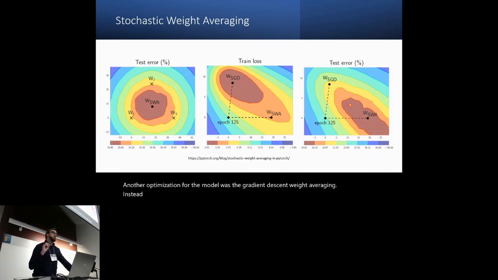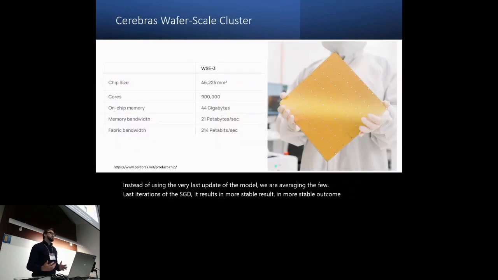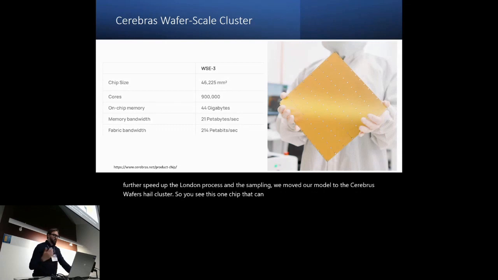Instead of using the very last update of the model, we're averaging the last few iterations of the SGD, and it results in a more stable outcome. But to further speed up the learning process and the sampling, we moved our model to the Cerebras wafer scale cluster. So you see this one chip that can run up to